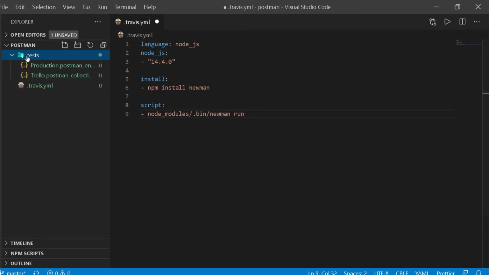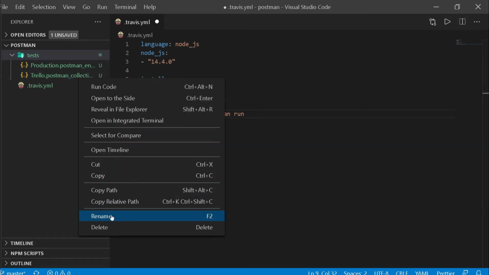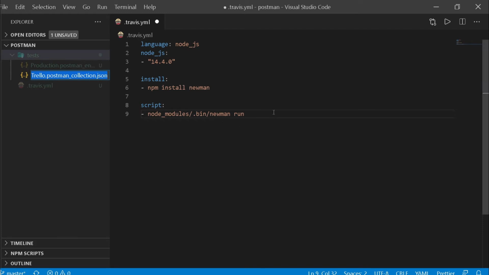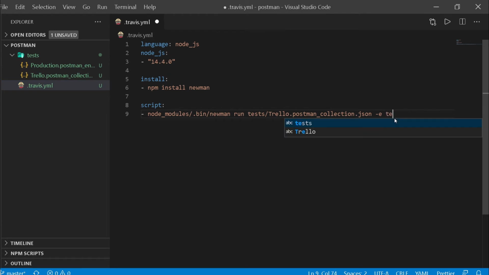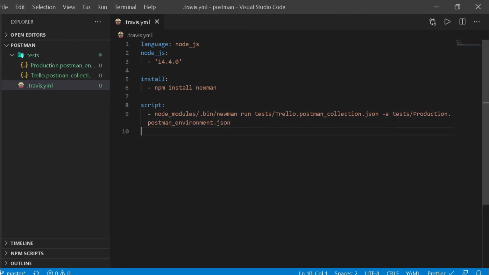And then I can pass in the same data that we have over here. So I'm going to right click on my collection, copy this file name, and say test / pass in that name. And then I can pass in the production collection data. So I'm going to copy this and do the same thing, test / pass that in.